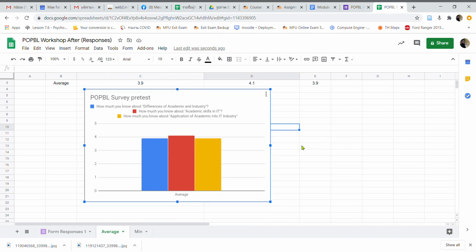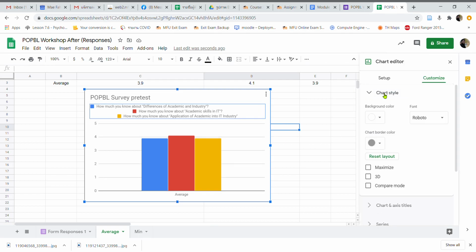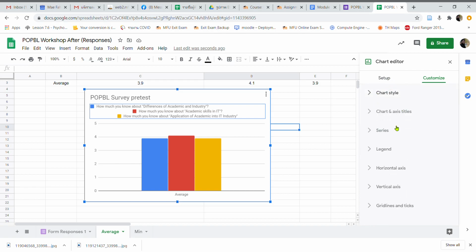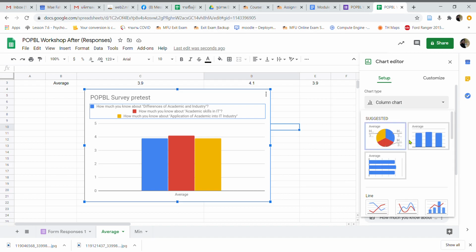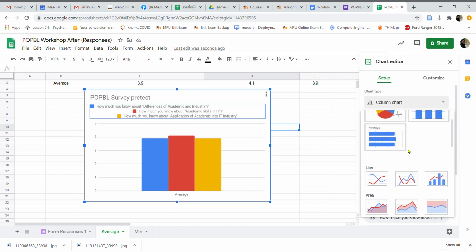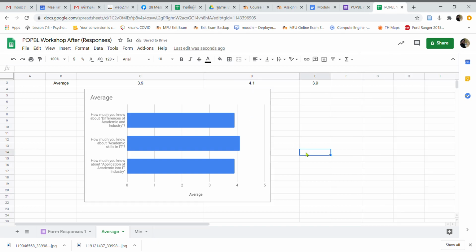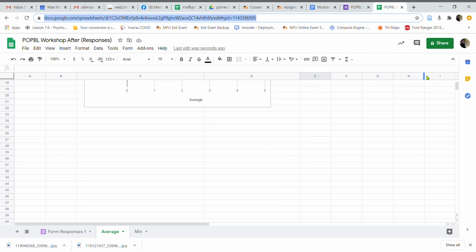You can change this to something else. You double click it and then change the chart style. Let's change to this, like this. And then you can submit this link to us. Before you submit it, you have to